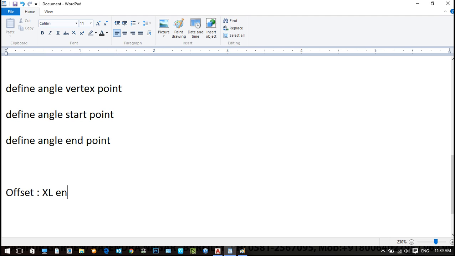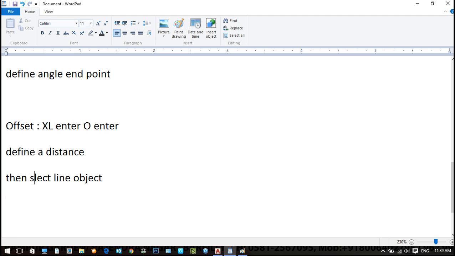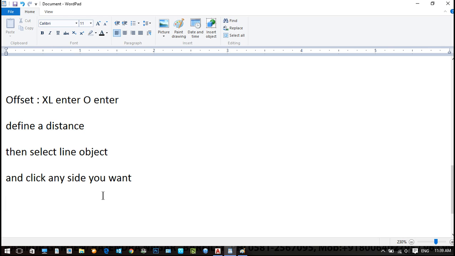So we utilize Excel enter, O enter, and define a distance and then select line object and click any side here. Actually, what is offset? Offset is to create a parallel line. Okay, you selected it. Just like you want to copy that line, okay, at 20 distance.